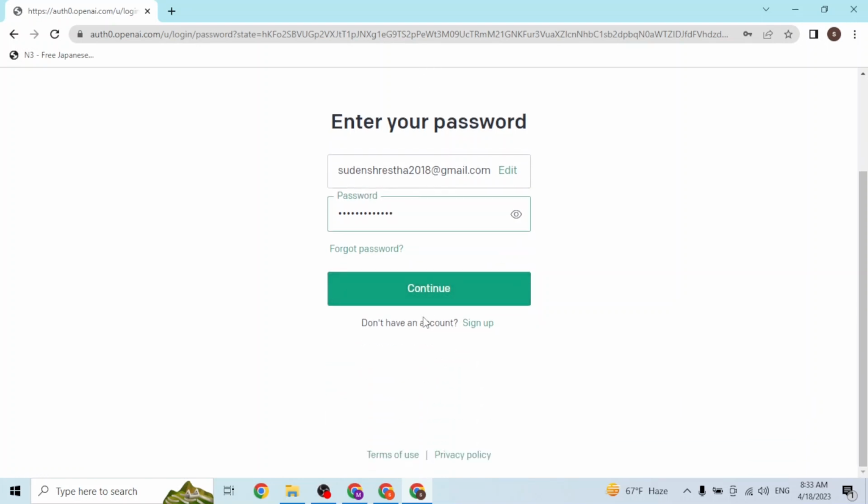over here, and then you'll be logged into, or you're signed into, your OpenAI account on